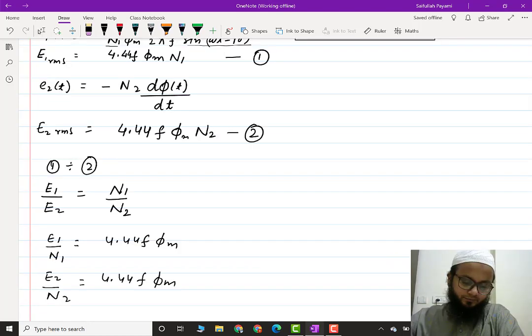So this was how the voltage is induced on the secondary winding. We will stop here, and in the next lecture we will take up the case of an ideal transformer and the phasor diagrams related to it. Then we will remove those conditions on the ideal transformer and try to replace them with real transformer conditions. Okay, we will stop here.